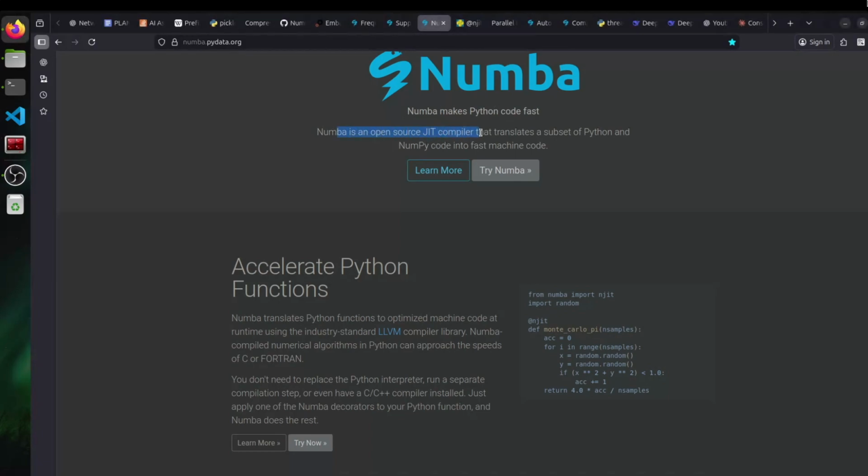Numba is an open source JIT compiler, JIT for just-in-time compiler, that translates a subset of Python and NumPy code into fast machine code. So you can accelerate a Python function. Numba translates functions to optimized machine code at runtime using the industry standard LLVM compiler library. Numba-compiled numerical algorithms in Python can approach the speeds of C or Fortran, which is great news. You don't need to replace the Python interpreter, run a separate compilation step, or even have a C++ compiler installed. Just apply one of the Numba decorators to your Python function, and Numba does the rest, as you can see here,